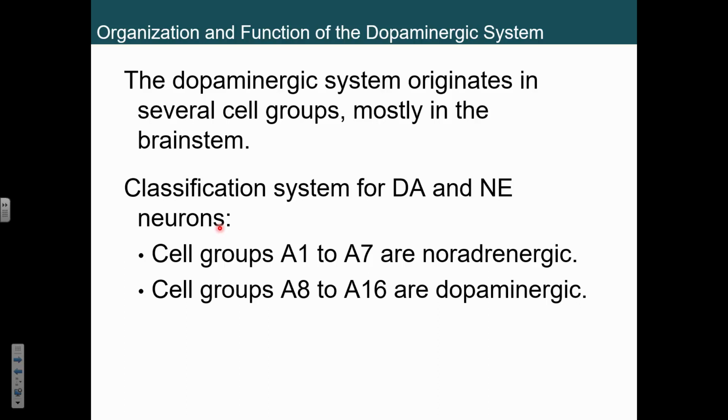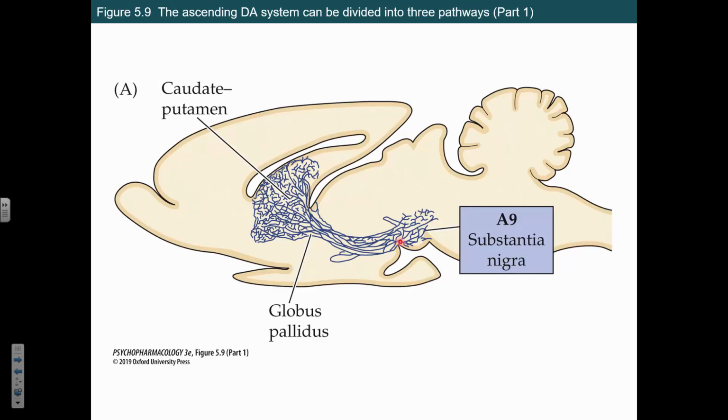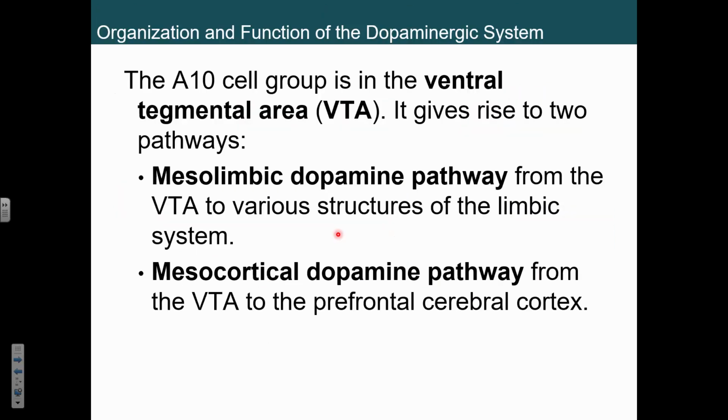Don't worry about this. It's all these brainstem stuff that you don't really need to know. There are these pathways. We've already talked about the nigrostriatal pathway that's involved in Parkinson's disease. Here we're just showing that pathway for you. They're not a big deal. Ventral tegmental area, this is sort of important. There are two pathways that come out of here, the mesolimbic and the mesocortical, right?